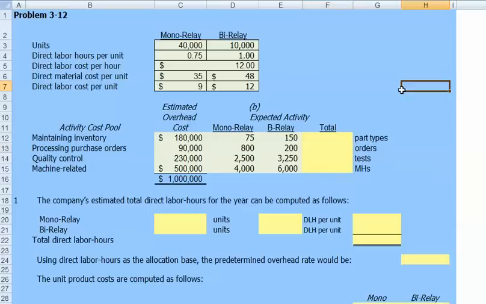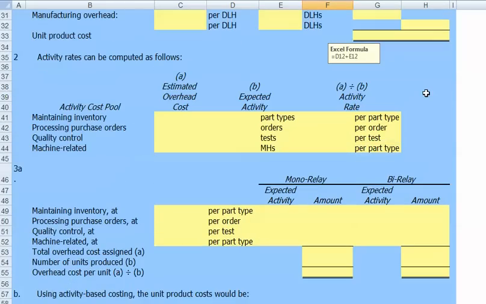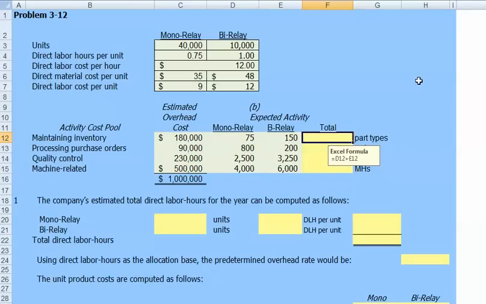This is a quick walkthrough of problem 3-12. You need to build an Excel worksheet to solve this problem. The gray fields here are input data fields. All of the yellow cells on this worksheet, you need to enter Excel formulas that include cell references or some sort of an Excel formula that links in one way, shape, or form to the input fields. So later on when I grade this worksheet, I'll be able to change the input fields and your outputs or